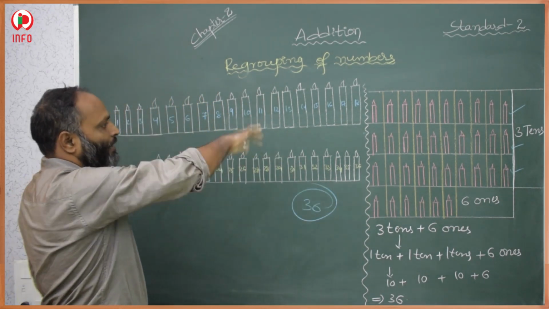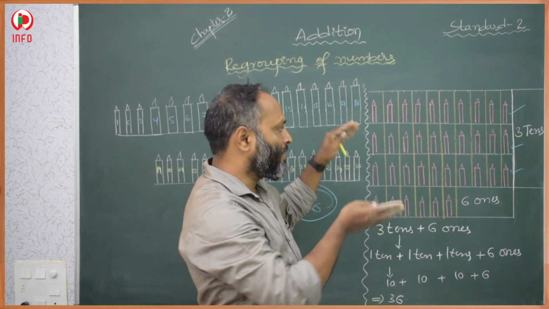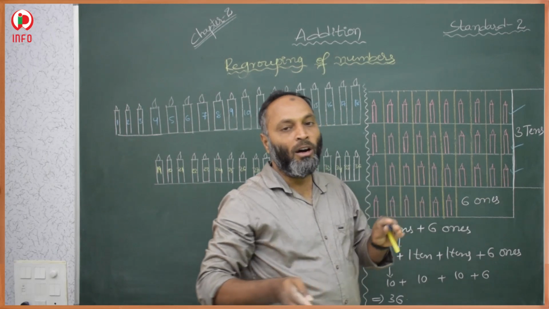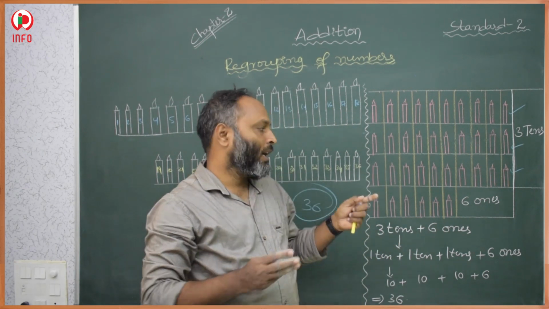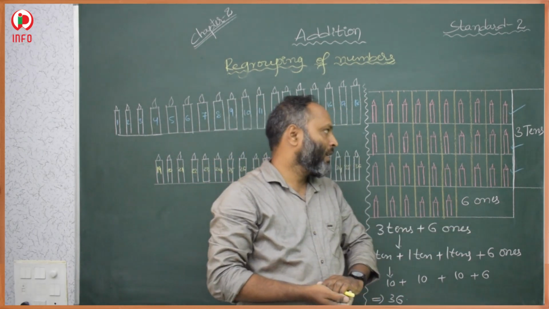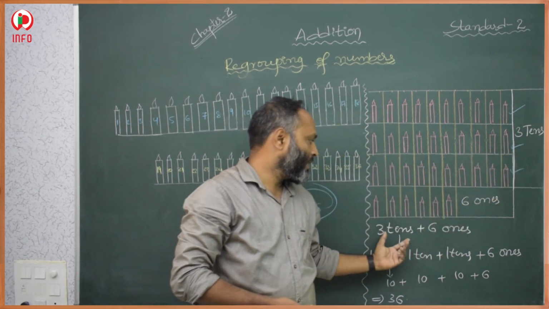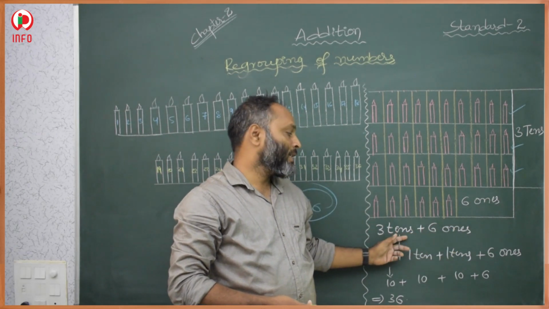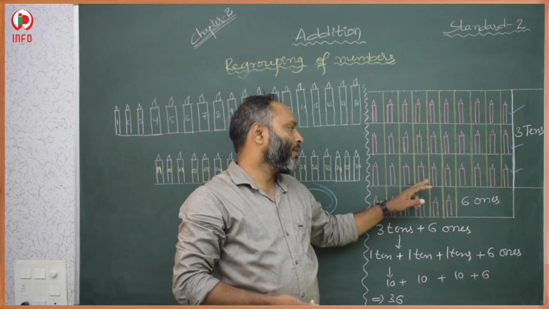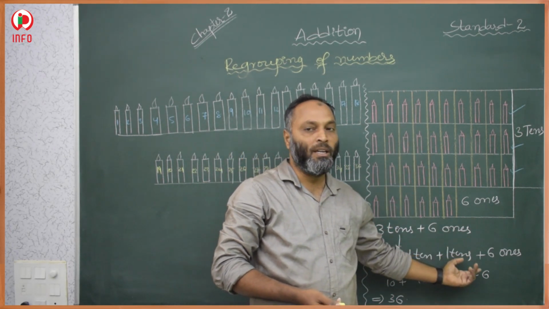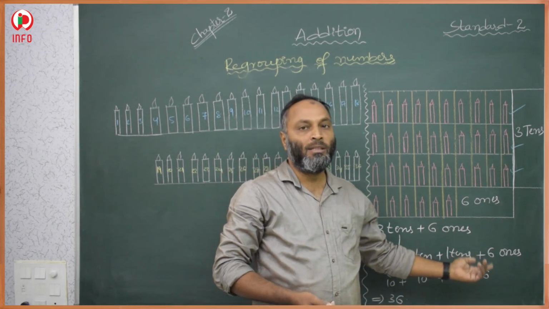So whatever candles were given, first we have to complete tens places. How many tens we are going to make, first we make that many tens. Whatever is left as a single digit, we have to draw in ones place. Then after that, check: 3 tens plus 6 ones. 3 tens is nothing but how many rows we are getting here? 1 row, 2 rows and 3 rows. That means 10 plus 10 plus 10, that is 30. 30 plus 6, 36.